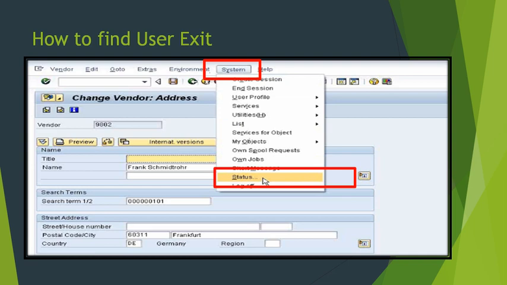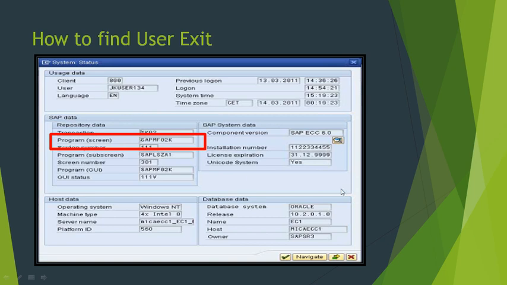So go to the transaction XK01. Here you are creating a vendor. Go to the system and click on the status button. Whenever you click on this status button, you will find a system status field. Here you can find a program name.